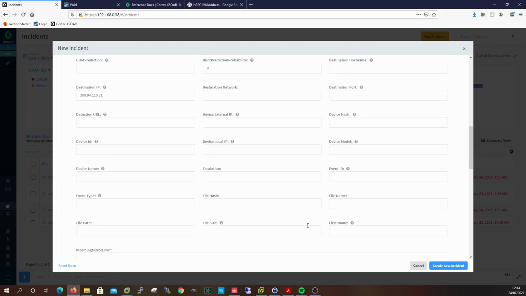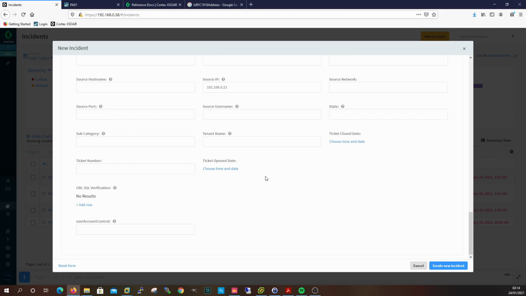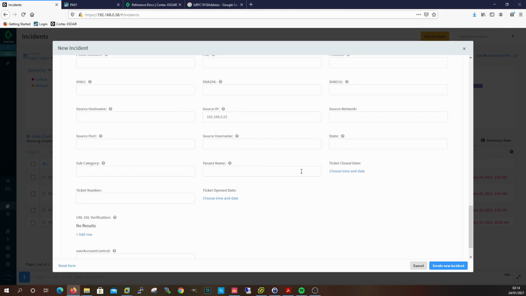Destination port 443. URL XSOAR. Didn't think we should put anything else in. State. No. Okay. Source username. No, yeah, that'll help us. Source username. So